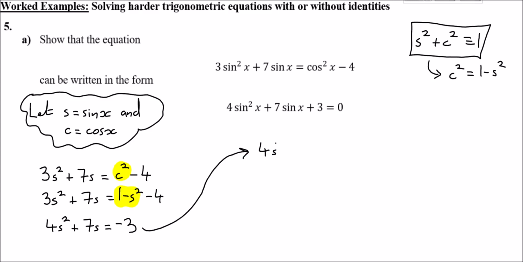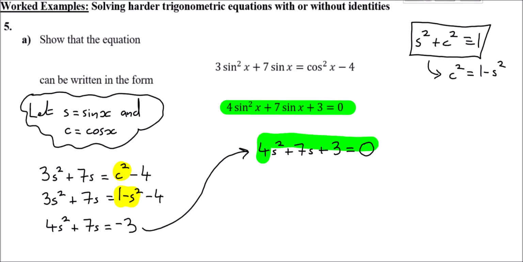So 4 sine squared plus 7 lots of sine, add 3 to both sides now, plus 3 equals 0. Now this here is the exact same thing as this, but just written shorthand. So this is the same as what I've written here. So it's not a bad thing to just conclude and state what wanted to be proven. So therefore,